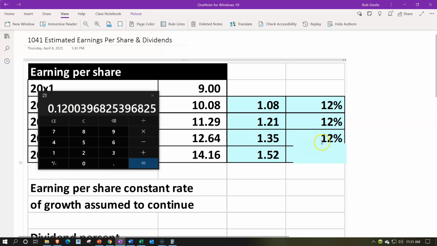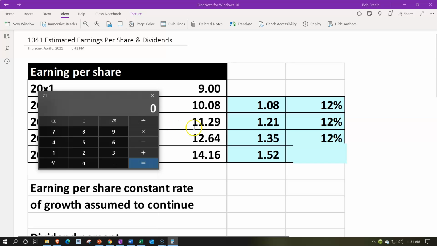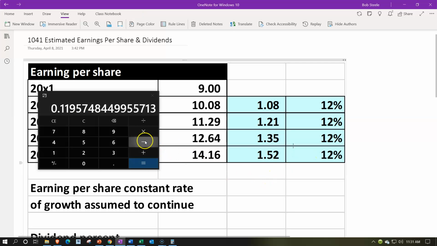And then doing this on down again, we've got the 12.64 minus the 11.29. That's the 1.35. If we divide that by the first period, the 11.29, then we get about 12% again. Once again, about 12%. And finally, doing this one more time just for the fun of it here, because it is good times,